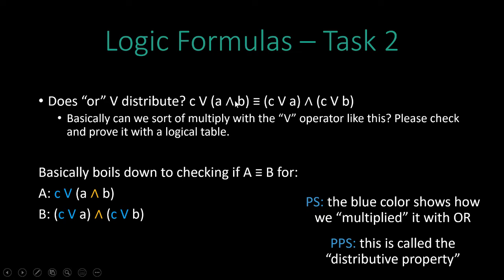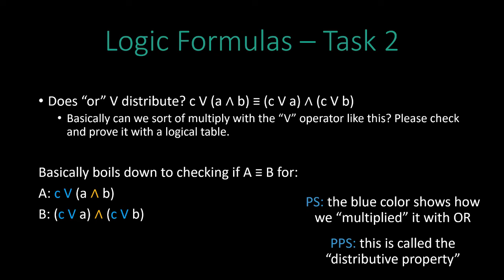And if you imagine that these were not ORs and ANDs, but for example multiplication, like a small star, this would be true if we are multiplying C times A plus B. It is true that this equals C times A plus C times B. But the question really is if this is also true for these special formulas. And so this is something that we want to check as a property of the operators. And that's something more complicated, and I guess this is actually the algebra